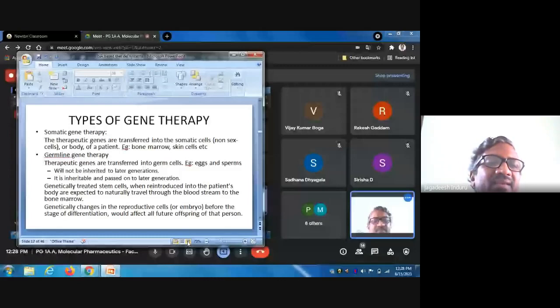So we will see the types of gene therapy and the vectors present in gene therapy, and we will see gene therapy for cancer, and how these approaches are being used. So this journey will keep on going. So we will meet in the next